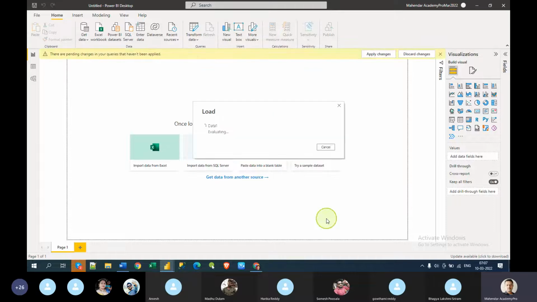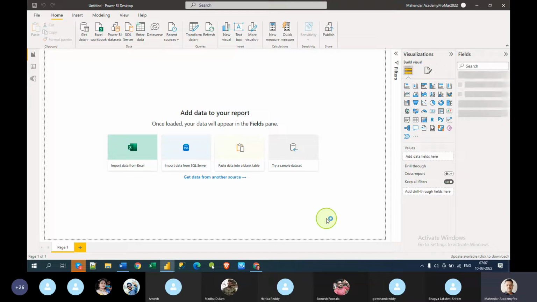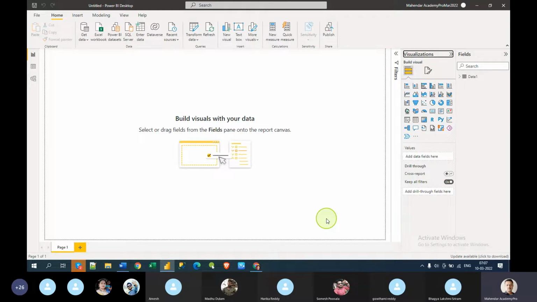So we know how to cleanse the data, how to prepare the data, what we need to keep in mind for the model, and prepare the tables and load only the required tables, and the remaining we can disable enable load and create the folders, right? So that's how we have done so far, but this is the next step. So how can we create the visualizations?